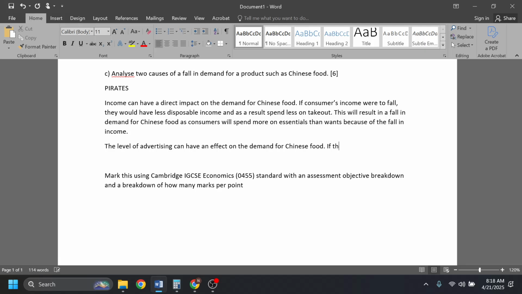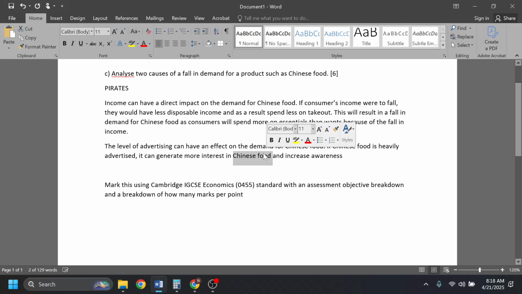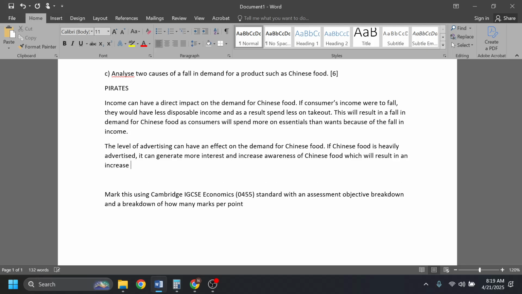If Chinese food is heavily advertised, it can generate more interest in Chinese food and increase awareness. Actually, you know what? Let's change that. It can generate more interest and increase awareness of Chinese food, which will result in an increase